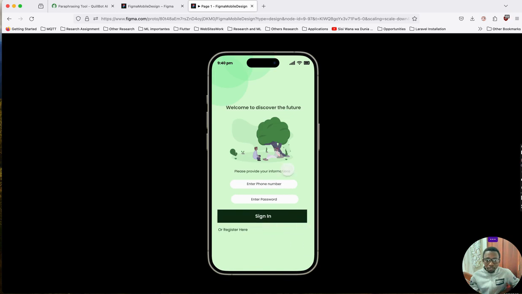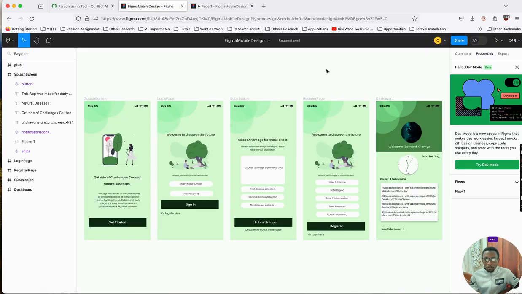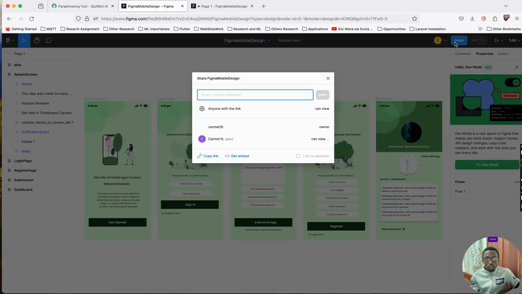Now you can see here, with that tool called Figma, you can also invite your colleagues or other workers to work together in a team by clicking here on share. If you click on share, you will come here. You will either put an email address, like here, if I type my own email address,